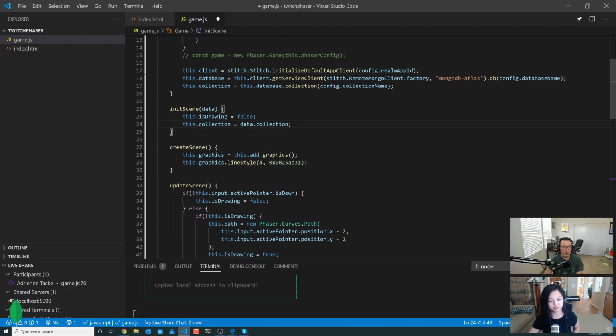Gotcha. And now whenever we're inside an init or create or update, we can now use this dot collection. And likewise, if we were outside, we would be using this. So they're the same thing. At least I hope they're the same thing. Yeah, it makes sense to me. And basically, oh, go on.